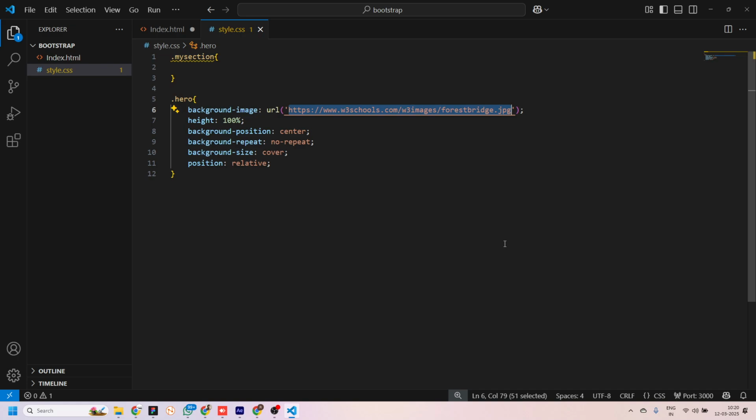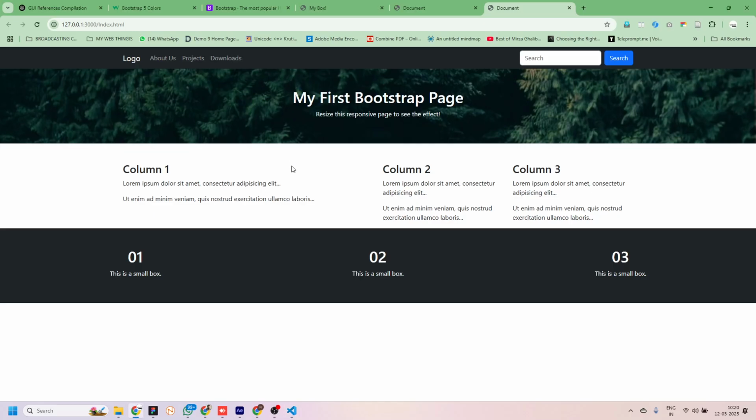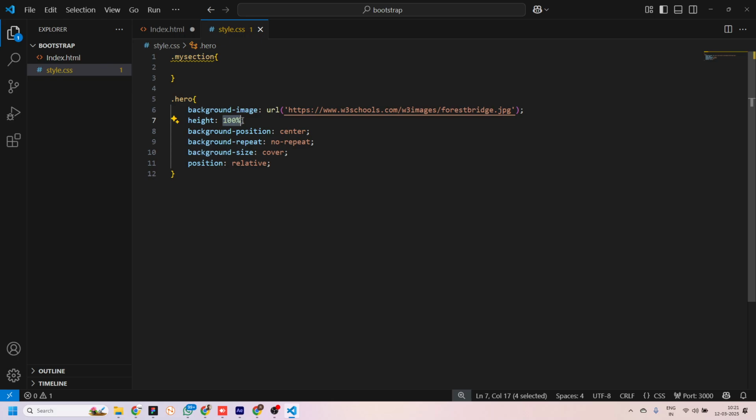That means I can also load it from the local folder. I can place it there, right? And give it just the URL. So that is one way. Now height is 100%. What if I want to increase the height of it? And what does 100% mean basically? So 100% is this content has some padding applied on it. So the line height of these two lines along with the padding applied on it becomes the 100%. Okay. So rather than 100%, if I go for let's say 450 pixels,